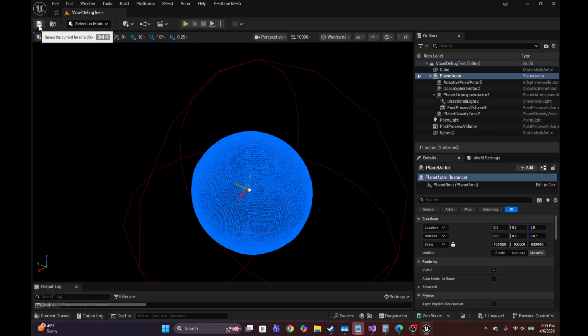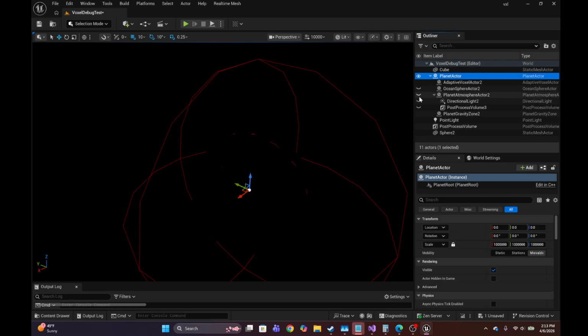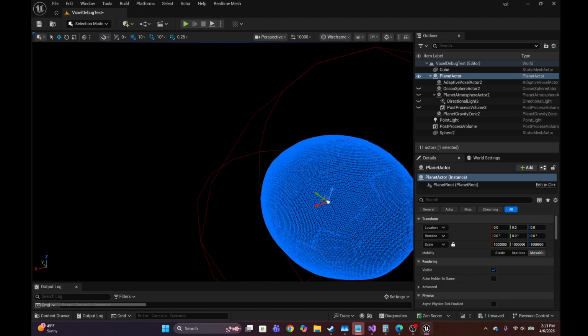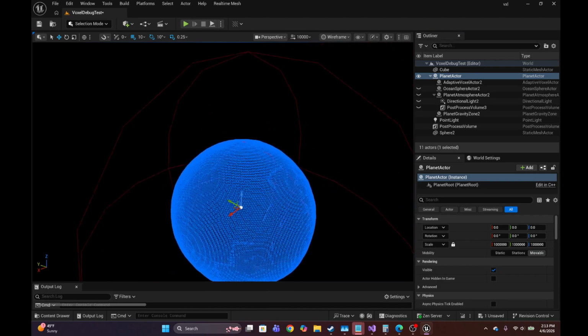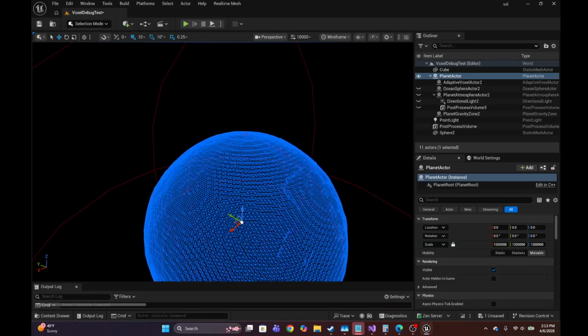So let's just take a look component by component here. We will start with the adaptive voxel actor. We'll turn everything off and go to unlit or even wireframe. So this is fully 3D. It's based on an octree. We've done a ton of